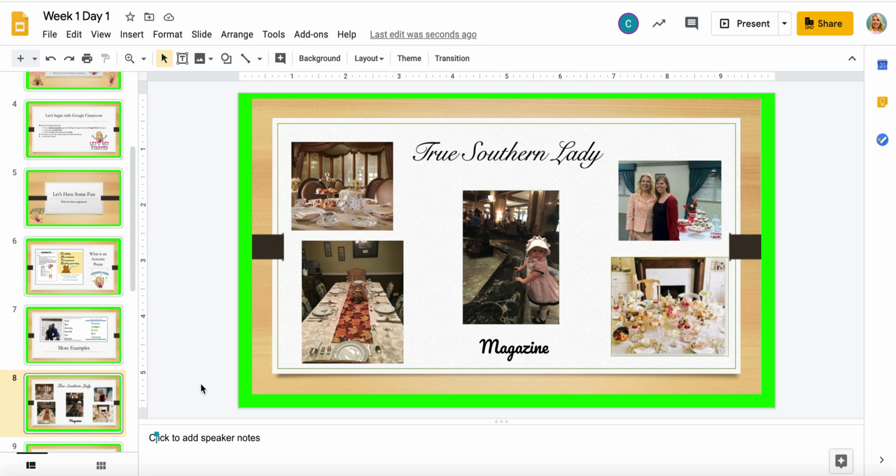And the pictures here depict, I've got my dining room table. It's set, and a true Southern lady is going to set her dining room table appropriately when she has a dinner party. I've also placed some pictures of actual tea parties because that is something that I thoroughly enjoy doing, hosting, having, and attending tea